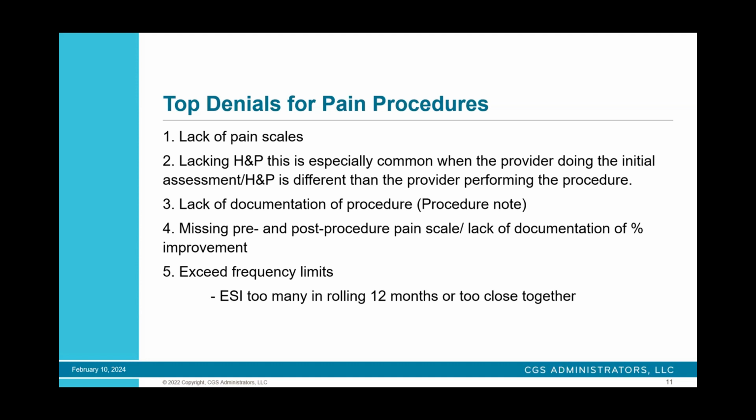We're seeing that quite often, especially with the epidural steroid injections. There are too many of them in that rolling 12 months, or they're too close together. So keep that in mind when we're performing those ESIs. If you're using the MyCGS portal, that would be one area that your billing department or your office manager could look to see when was the last time the patient got that ESI, to make sure you're keeping track of those. The next slide,